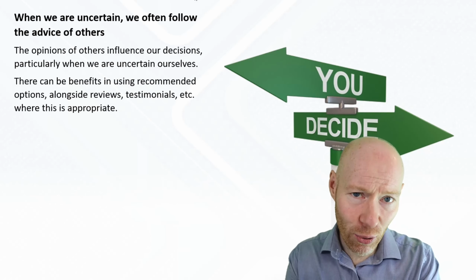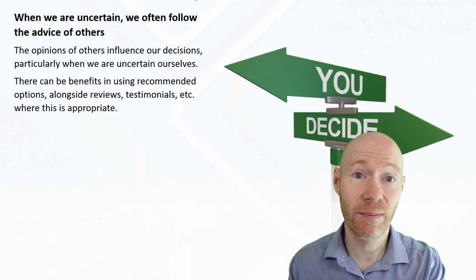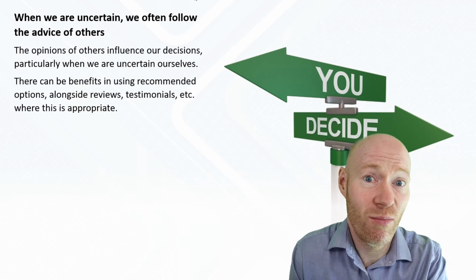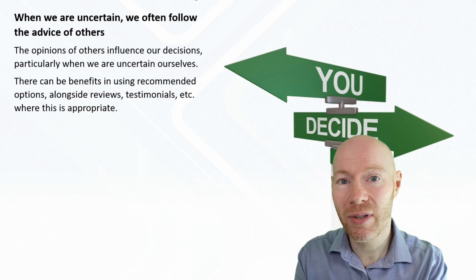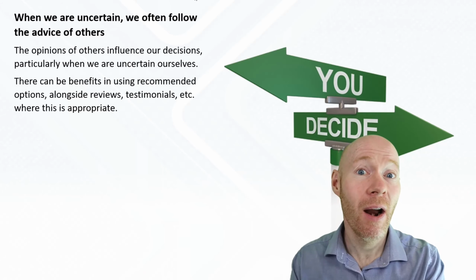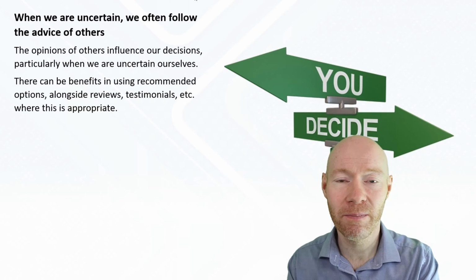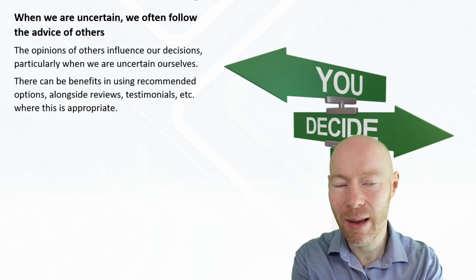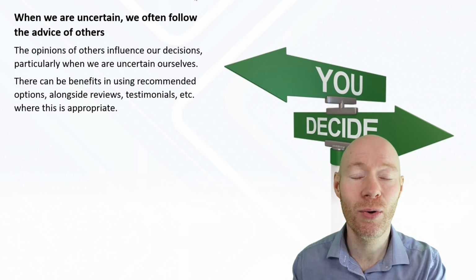So if we do find ourselves in a situation where, even if we have 3 or 4 choices, we're not certain which one we want to go for or which one's best, we at that point tend to be influenced quite strongly by other people. In particular, other people that we trust or associate with or relate to. So if they would recommend something, or if they've done something in the past, we would generally use those same